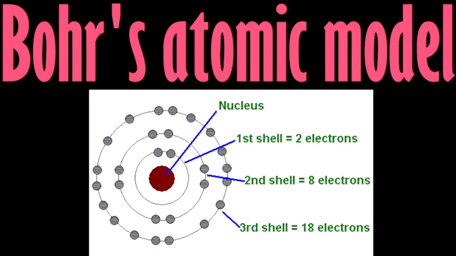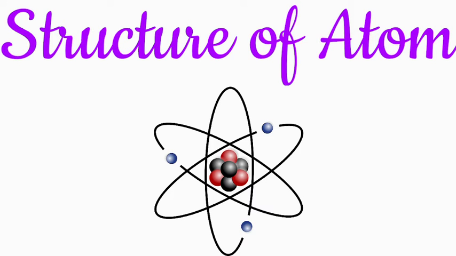Now, the structure of the atom. The mass of an atom is concentrated in the nucleus. The nucleus of an atom is positively charged. The nucleus contains two different kinds of particles, neutrons and protons, held close together. A third kind of particle called electrons moves around the nucleus. For an atom to be electrically neutral, the number of electrons in the atom must be equal to the number of protons. This number is called the atomic number and is different for each of the 118 elements in the periodic table.